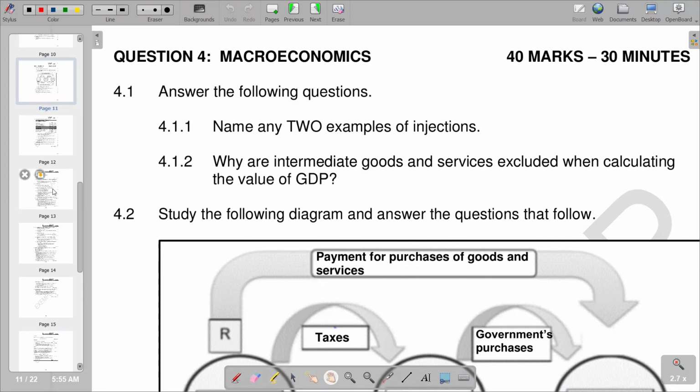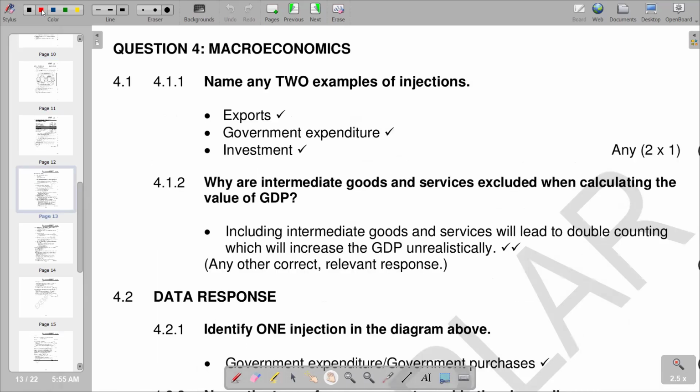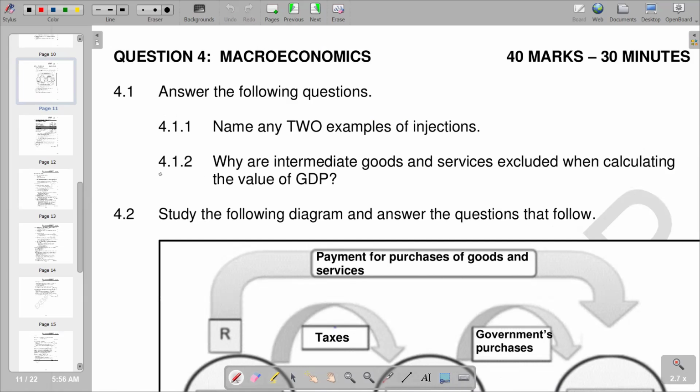So with that, we can try to see according to our other section, whereby we are talking about our exports, our government expenditure. We can also involve our investment. So with the ones that we are given, we can choose two that can be appropriate. Then I'll move on to the next part, which is why are intermediate goods and services excluded when calculating the